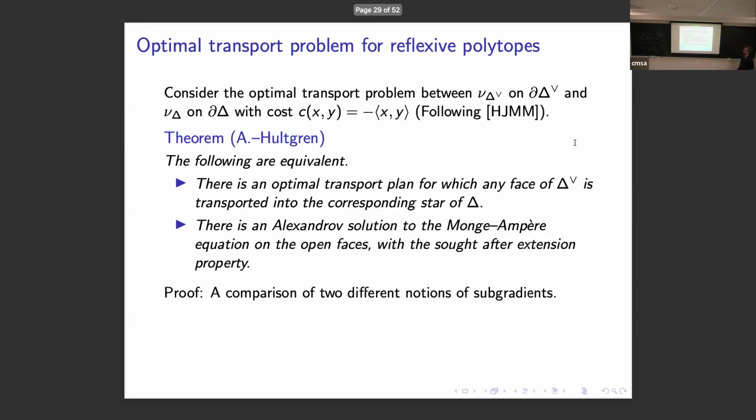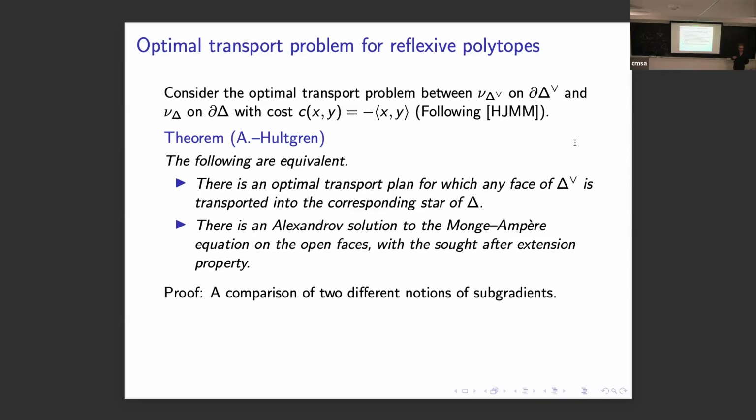And just what is the reason? The reason, very quickly put, is that you need to compare two different notions of subgradients. So when you look at the Alexandrov formulation of the Monge-Ampère, subgradients play a huge role. So this optimal transport problem is really formulated on the ambient space of dimension n+1. So there you have your subgradient. It's even more convenient to really formulate it on the boundary of this polytope with a sort of C gradient, but roughly speaking, it's something to do with the ambient space. There you have one notion of